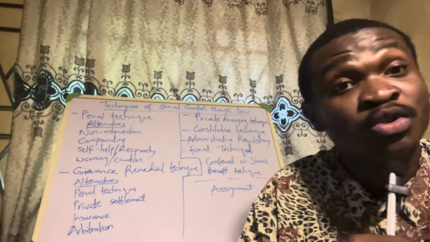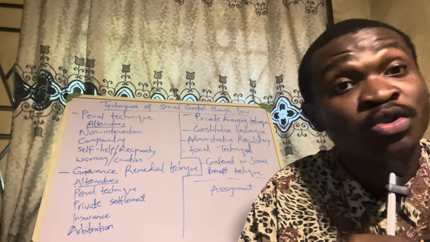Do not disrespect your husband. This is what we would do if you disrespect your husband. Maybe we will parade you around the whole village and sing for you: you are disrespecting your husband, this woman is disrespecting her husband. Just to bring disgrace to you. So that is a technique of social control on its own.